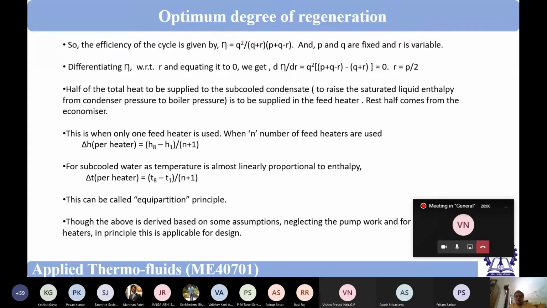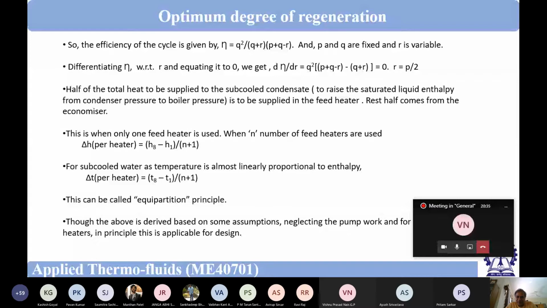So this is a very simple but very effective guide for how we can place the heaters. If we decide to put 8 or 9 feed water heaters, we can place them optimally, so that the efficiency is high. Now, the above